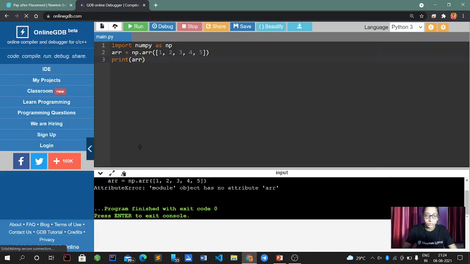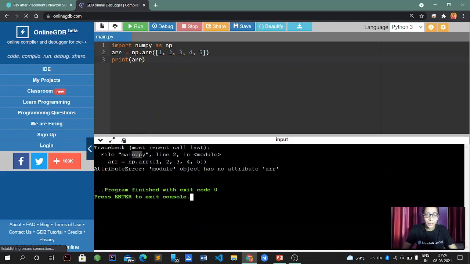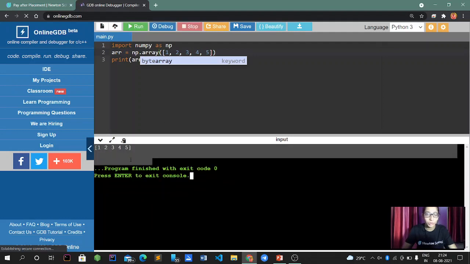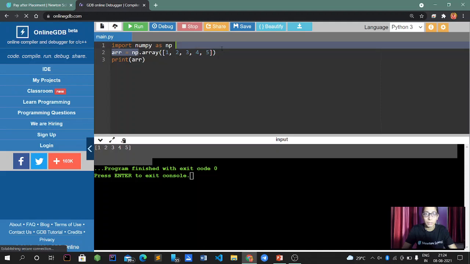So the output is 1, 2, 3, 4, as the list has been converted to a NumPy array.